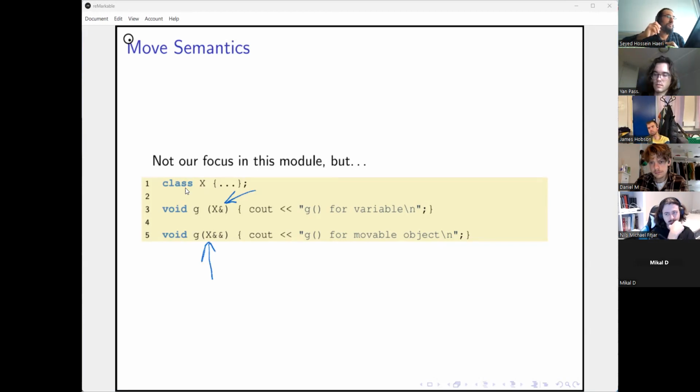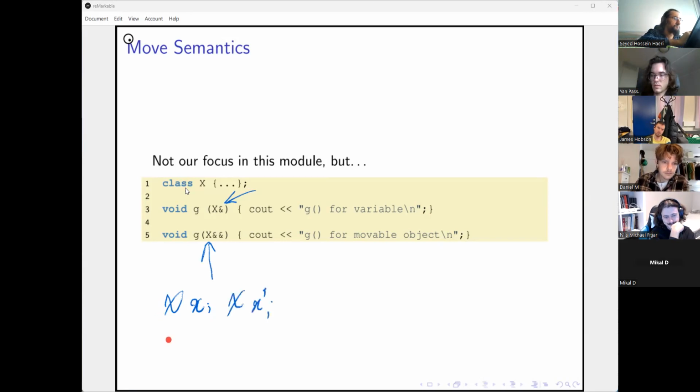So, for example, let's say that we have an instance X and another instance X prime, right?